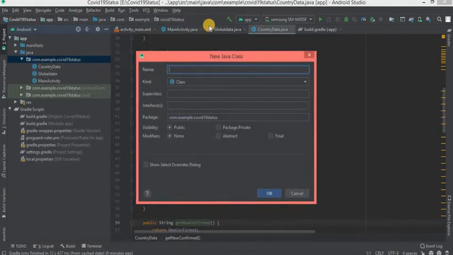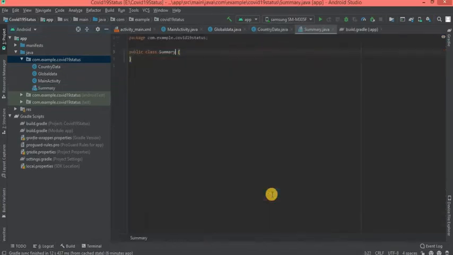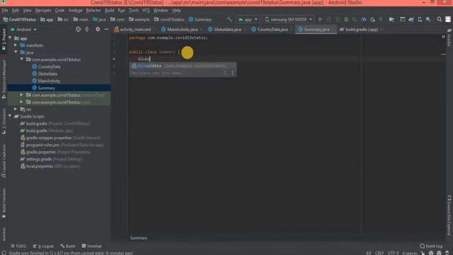You can give any name. Inside Summary, what are the values we have? Global data.